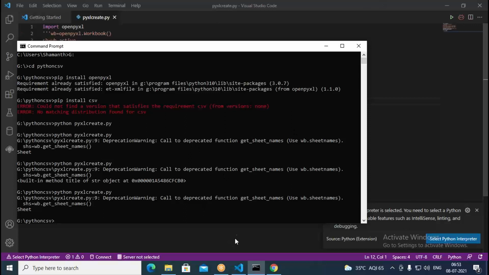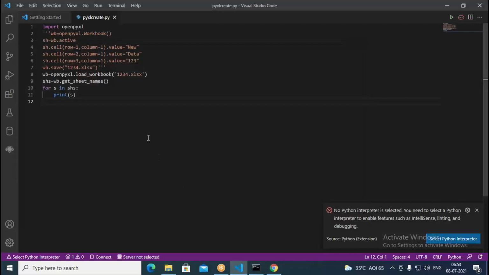Okay. Now, this code is already available for us. This part also I comment. Even this also I comment again. Now the next step in the same code, I want to add more sheets.